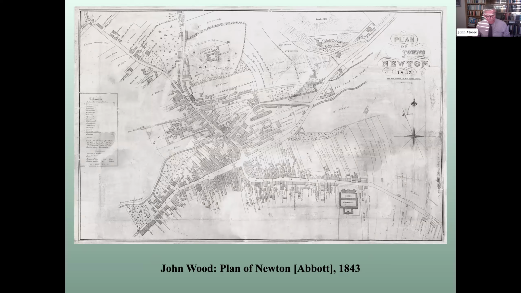If the dates of his southern plans are considered, there's a noticeable pattern of peripatetic expeditions to different parts of the country. Between 1820 and 1822, Wood produced plans of Durham, Carlisle and Berwick, but returned to the northeast to survey a further 10 town plans between 1826 and 27.